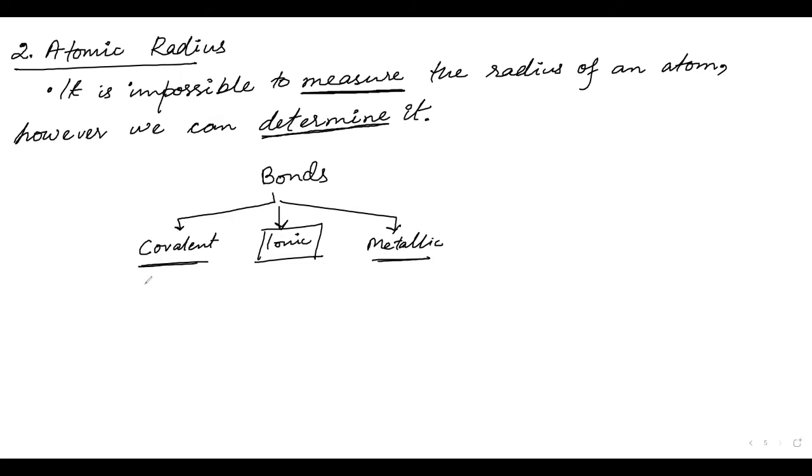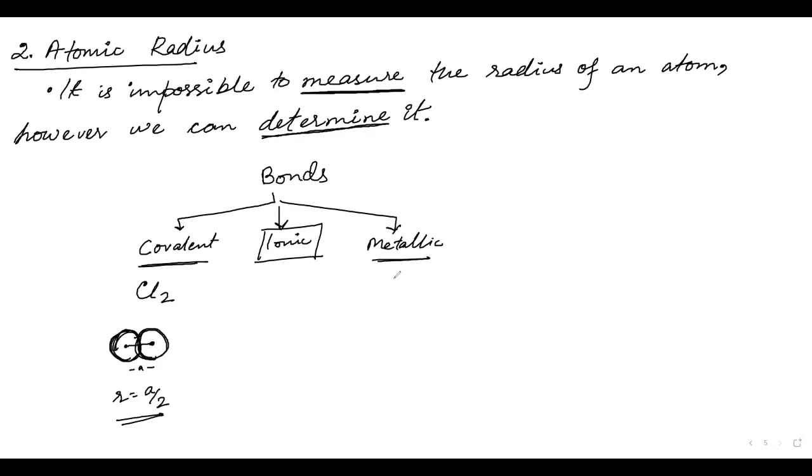Why? For example, we have a covalent compound Cl2. Cl2 we can get because Cl2 is a gas, H2 is a gas. H2 can be easily isolated, but a single hydrogen atom cannot be isolated. A Cl2 will be something like this: two chlorine atoms somewhat into each other. Now what we will do is take their midpoints, and then we will halve it. If this distance is A, then R is equal to A by 2. We measure it like this.